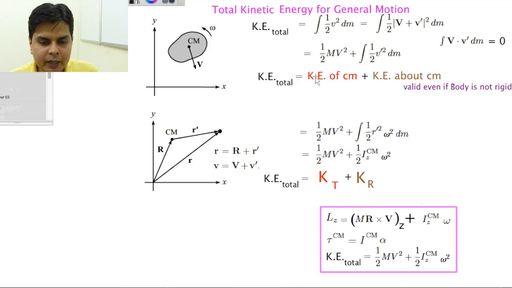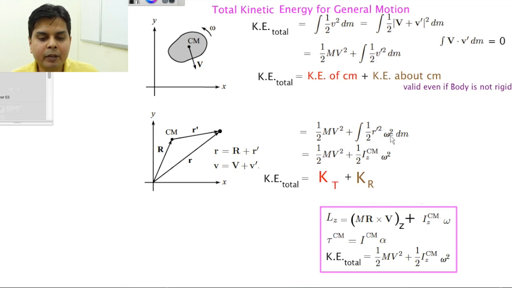Now you see, in deriving this formula, till now I have not used rigid body assumption. So this formula for total energy is valid for any kind of body. It is valid even if the body is not a rigid body. So you should know which formula is valid till what stage. I think some of you would have read the formula in the chapter on center of mass also. Now, if the assumption is that this body is a rigid body, then we can move from this step to this step.